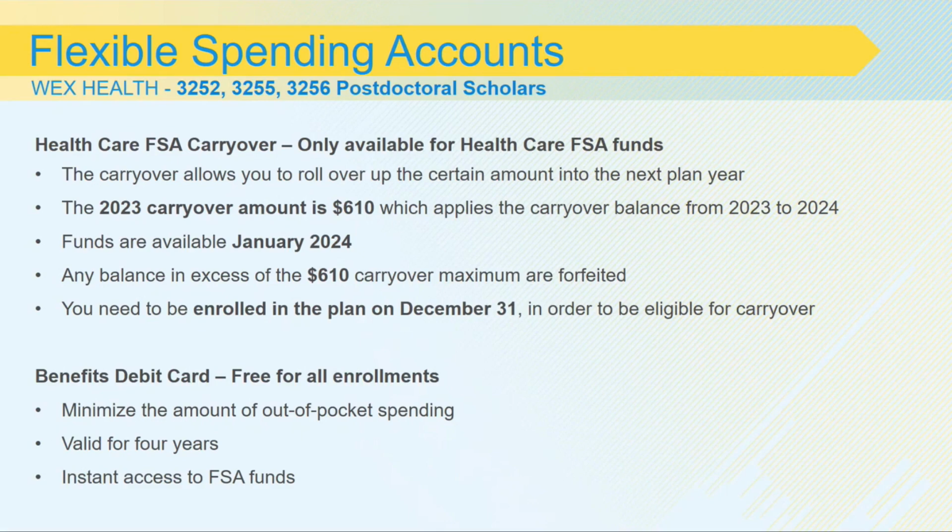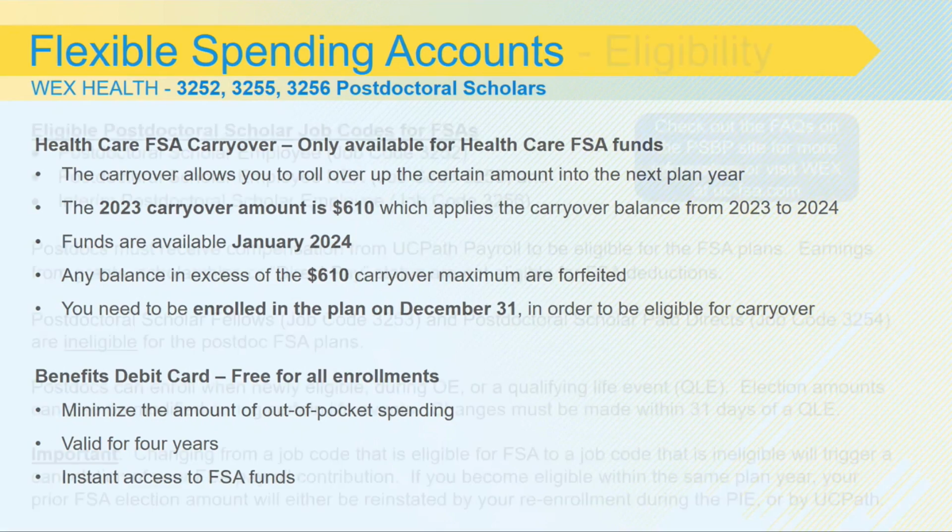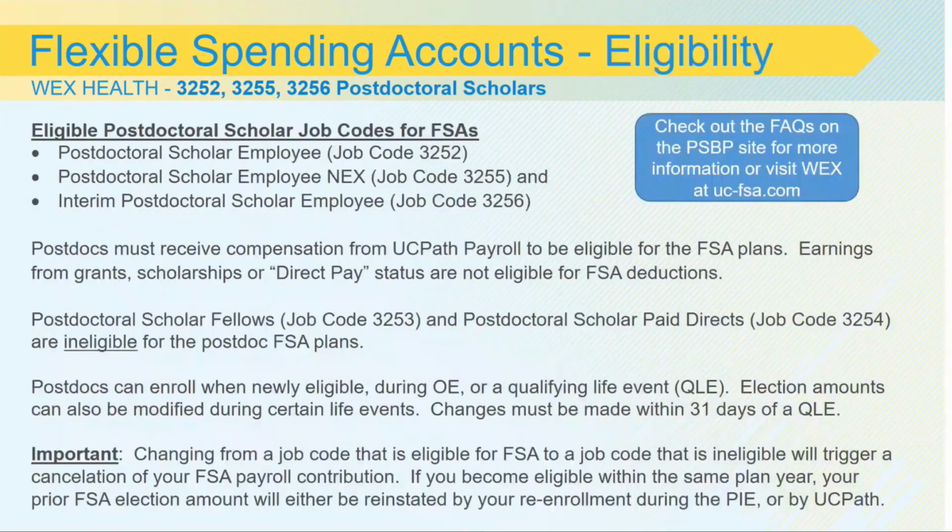The FSA plans are available to postdoc employees in job codes 3252, 3255, and 3256. Postdocs must receive compensation from UC Path payroll to be eligible for the FSA plans. Earnings from grants, scholarships, or direct pay status are not eligible for FSA deductions. Postdoctoral Scholar Fellows, job code 3253, and Postdoctoral Scholar Pay Directs, job code 3254, are ineligible for the postdoc FSA